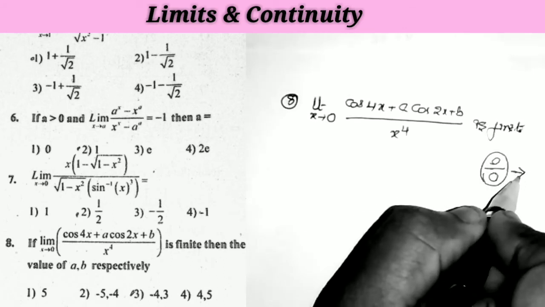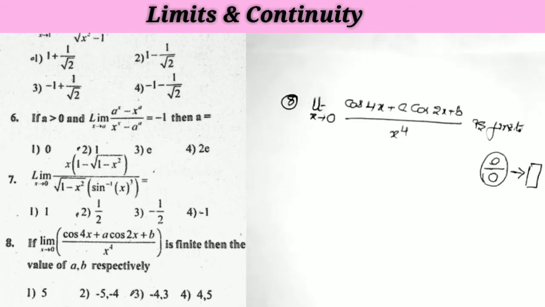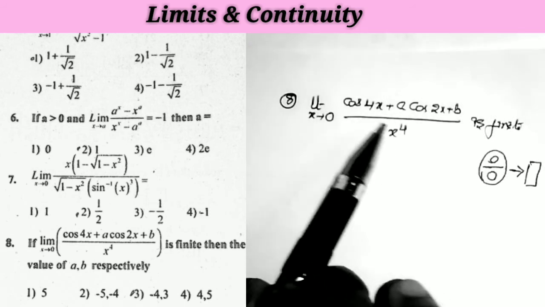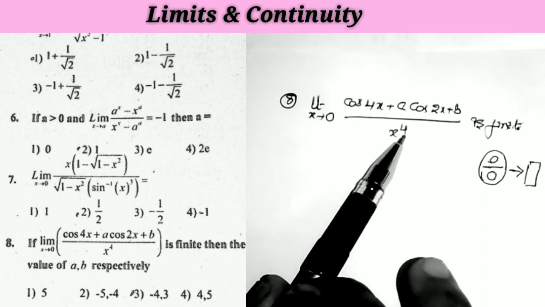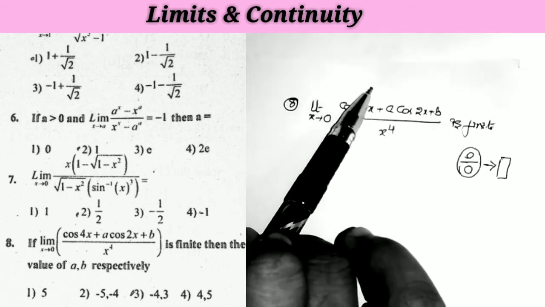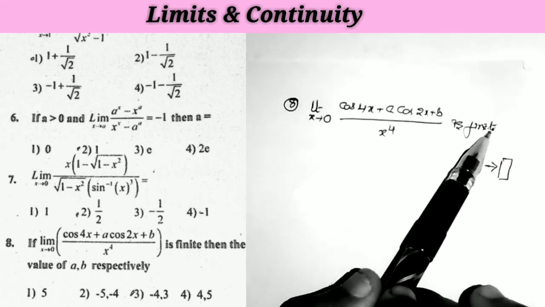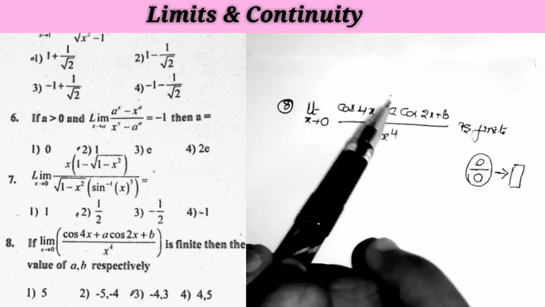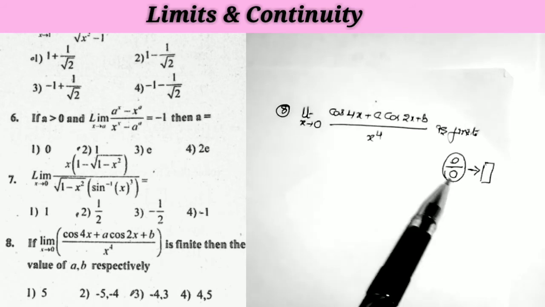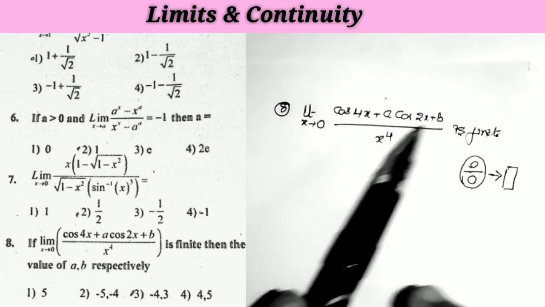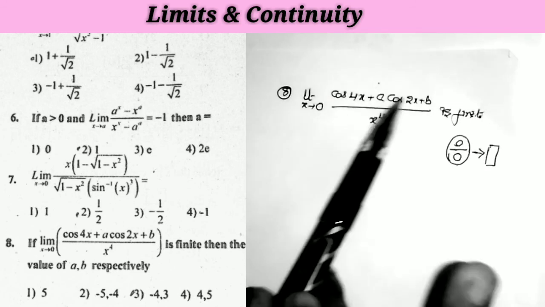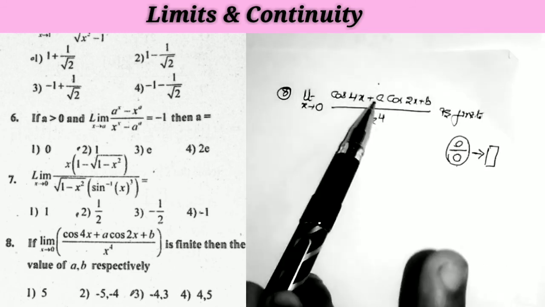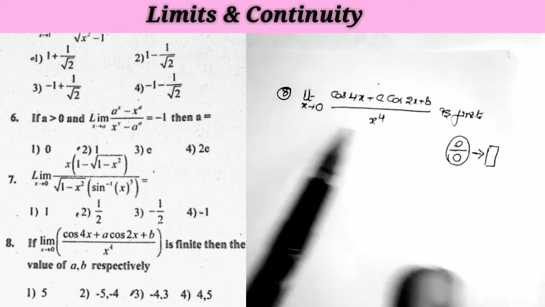So by applying the L'Hopital rule, we can find the answer to this question. This is the procedure. When we take x equal to 0 directly in the given question, the denominator is 0, so automatically the numerator becomes 0, because it is given that the value is finite. This is the 0 by 0 form. We apply the L'Hopital rule and then we can find that finite value. But what is the given question here? There is no need to find this limit value. We have to find only the a comma b values. We don't need to find the total limit value.